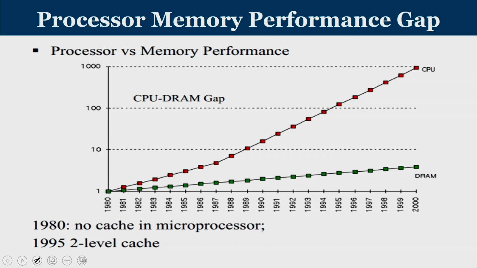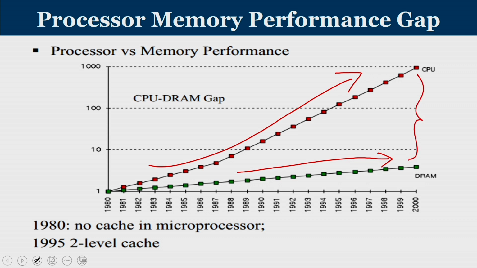This graph shows over the years what is the trend in performance as far as CPU is concerned. You can see that there is a massive improvement in the performance of CPU, and we could see that there is improvement in terms of DRAM memory as well. But you can see that there exists a huge gap in the rate at which the performance growth happens on the CPU side as well as on the DRAM side.